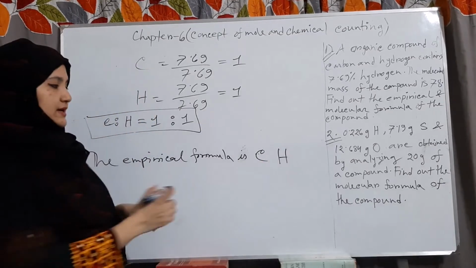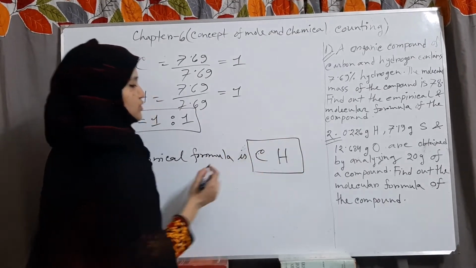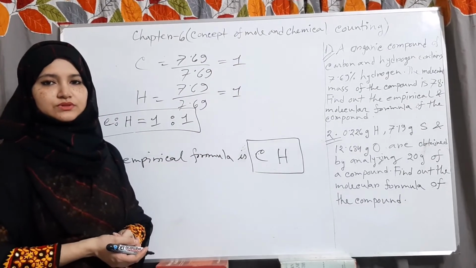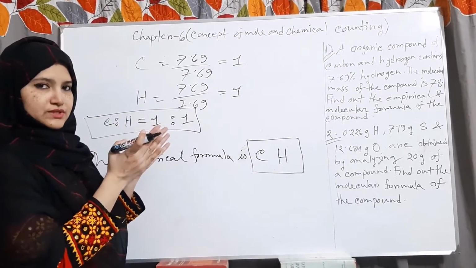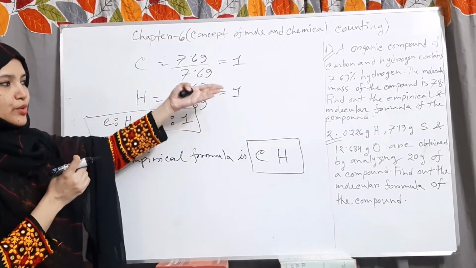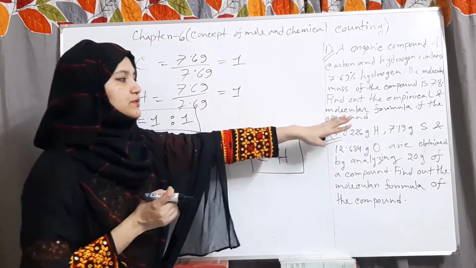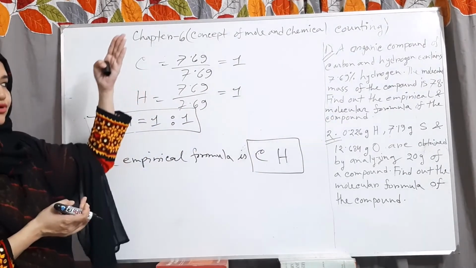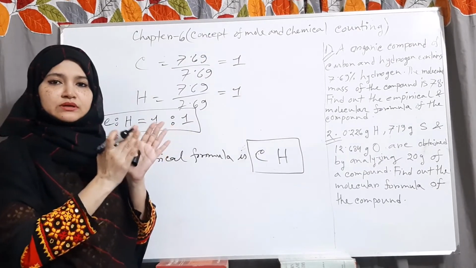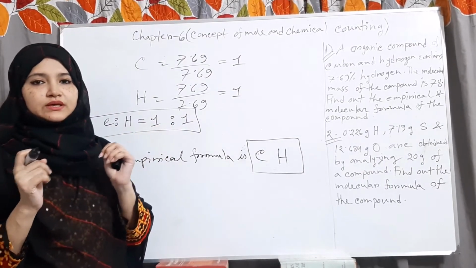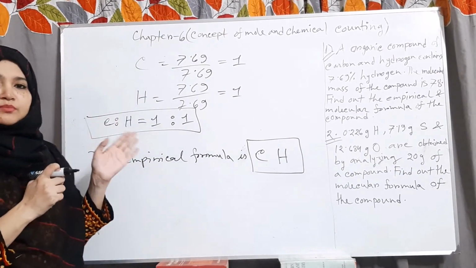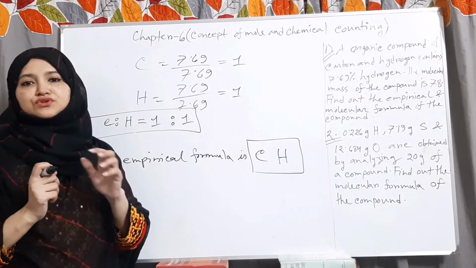Okay, and this is the empirical formula of our desired compound. So our first requirement is fulfilled. Now we have to proceed to the second one. We have to calculate the molecular formula of that compound. For the molecular formula, one piece of information must be given, which is the molecular mass. Molecular mass is always given in your question paper,